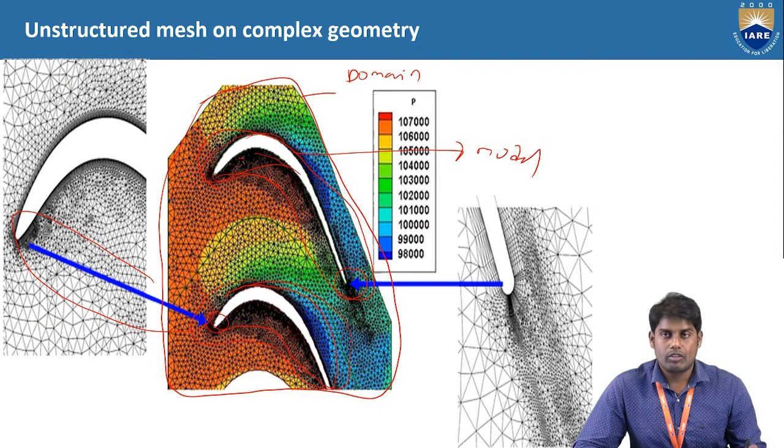The starting portion of the aerofoil is called the leading edge, and the ending portion is called the trailing edge. These two entities are very important, and if you want to calculate velocity and pressure very precisely near them, then you need to go for a very fine mesh. That's what you can see, this black entity where you have a very fine mesh.